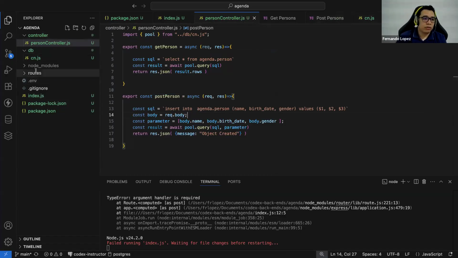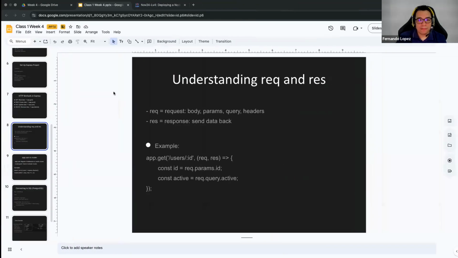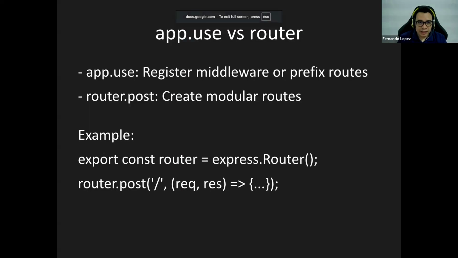Now let's go to the route folder. And in this route, we're going to create the person route.js. In this file, we need to identify something new. So there is this slide that I have here, where we have the app.use and the router.